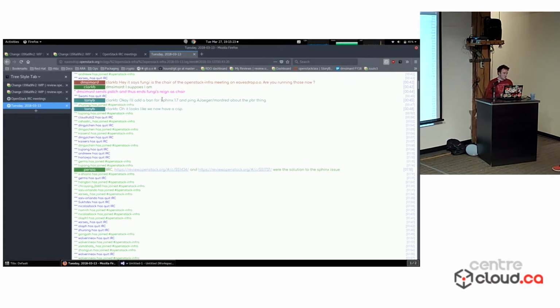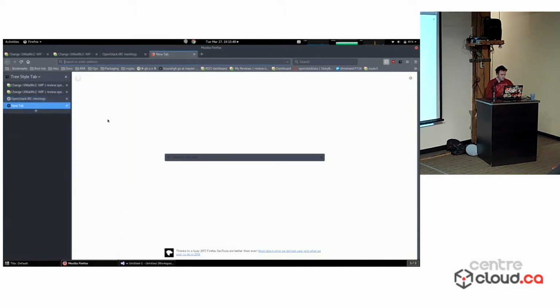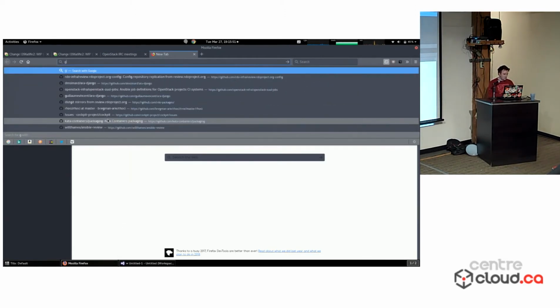This is something that doesn't require any OpenStack knowledge. You don't need to know how to run a cloud to update a string in a configuration file. But you need to know where to look, right? So I have this fungi string that I need to modify for this Eavesdrop meeting thing. Sometimes what I do is I go on GitHub. And something that's really important to